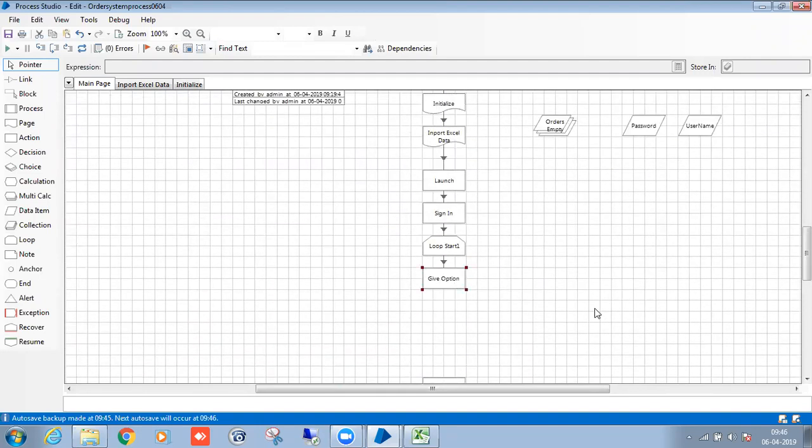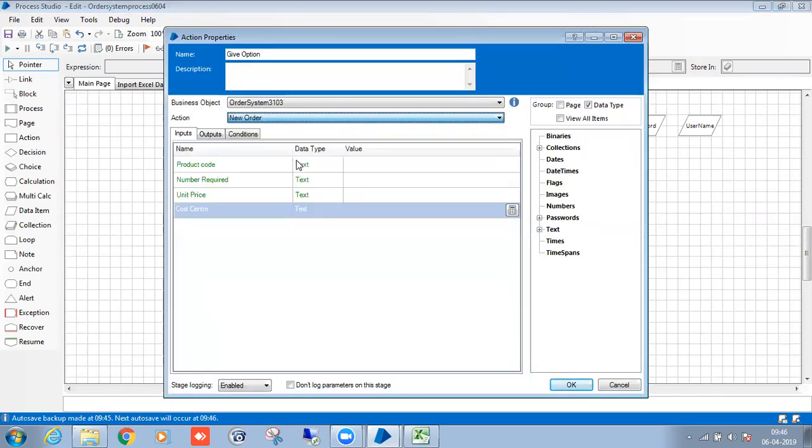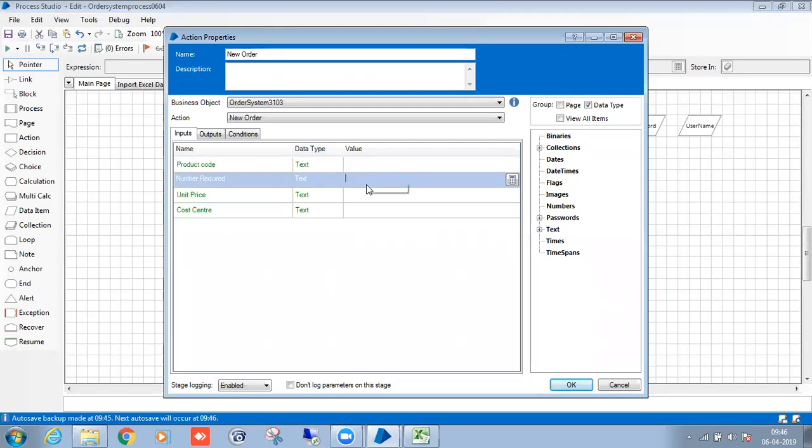After the options, I need to enter the orders. New order. For the new order, I need to pass all this data from the collection, right?